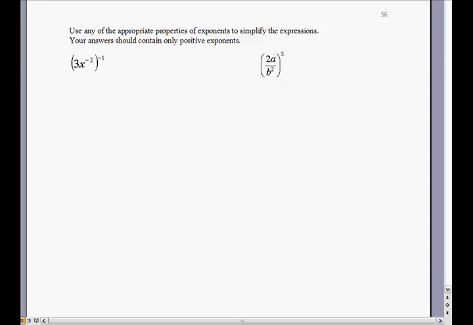Use any of the appropriate properties for exponents to simplify the expressions. Your answer should only contain positive exponents. In this first example, 3x to the negative 2, all raised to the negative 1, let's take care of the